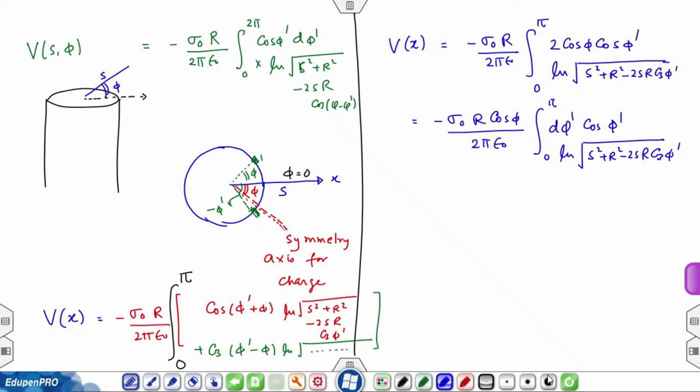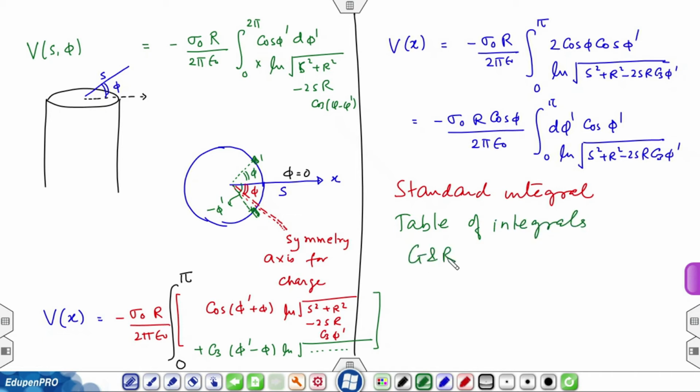Now, I wrote it in this form because again this is a standard integral which I can look up from the table of integrals, which I told you about earlier, Gradshteyn and Ryzhik, and this integral is 4.397 number 6, which is integration 0 to pi, log of 1 minus 2 a x cosine,